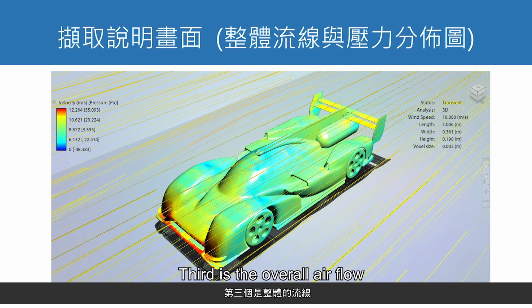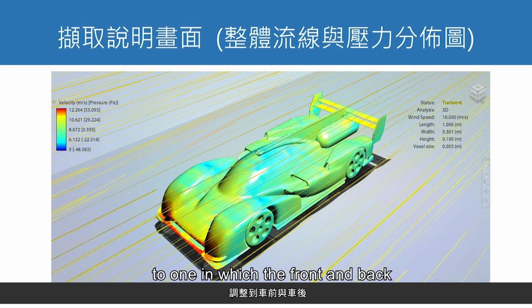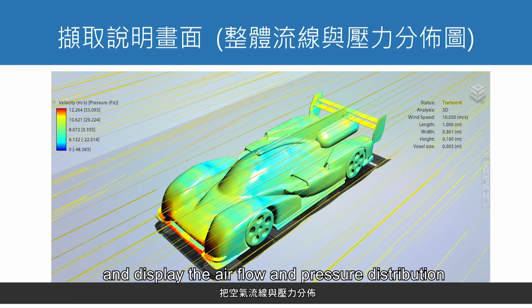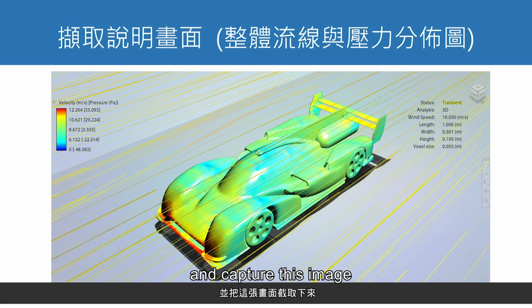Third is the overall airflow and pressure distribution graph. Here we try to adjust the vehicle's perspective view to one in which the front and back can both be seen, and display the airflow and pressure distribution equally on this vehicle at the same time, and capture this image